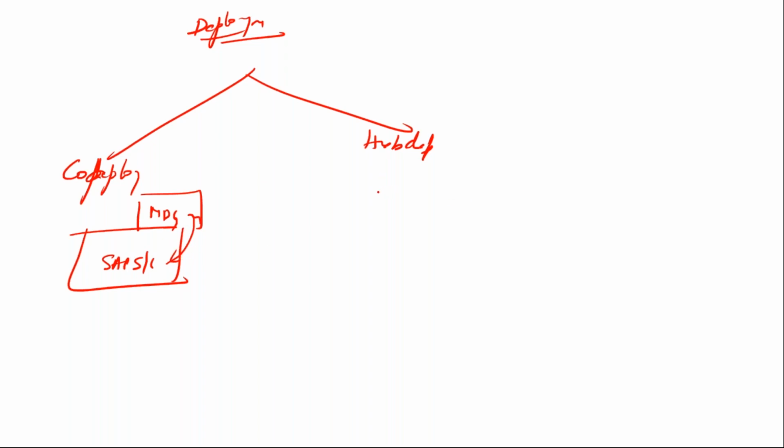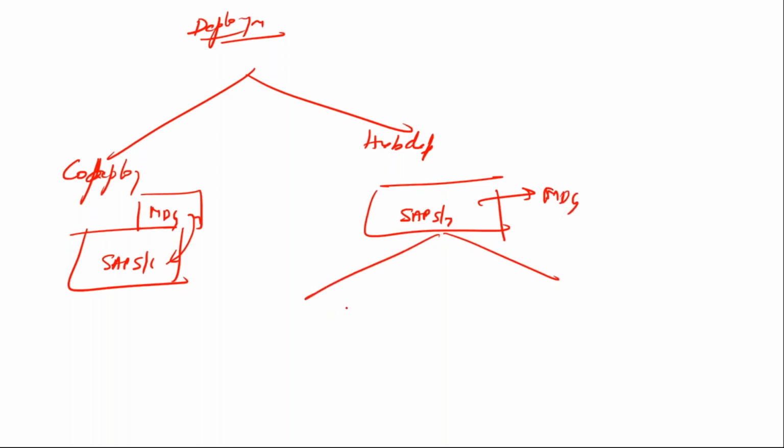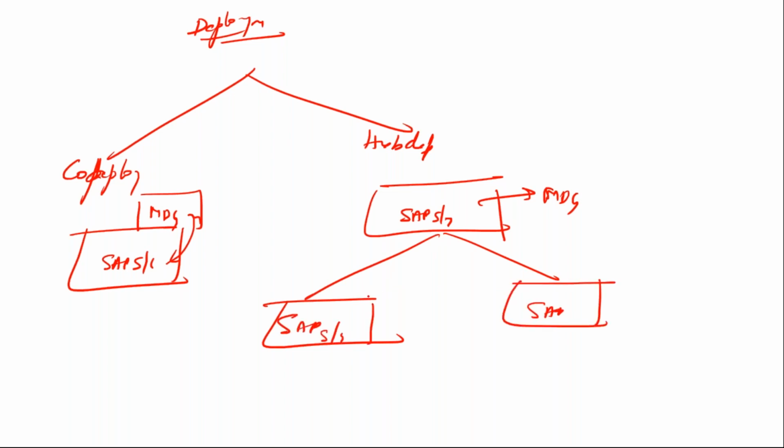So when you talk about a hub deployment, what will happen is, I'll keep a master data governance system specifically. I'll not deploy it on an SAP S4 HANA system. So I'll have individual SAP S4 HANA systems, which will be linked to your master data governance system, and that master data governance system will replicate the information across. That's where you don't have a co-deployment.